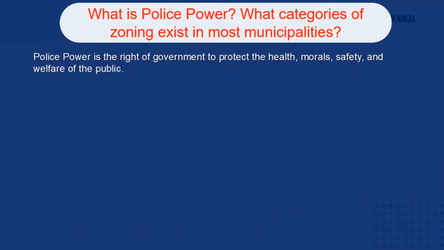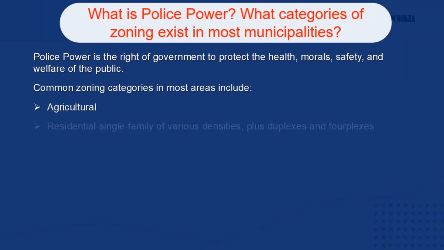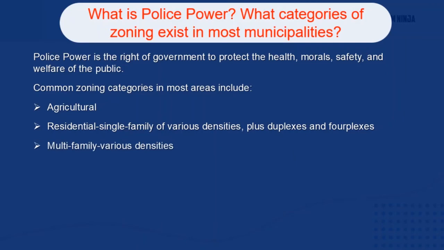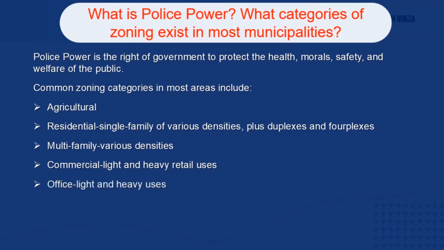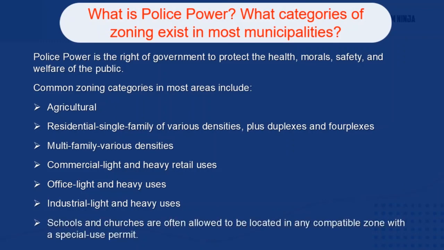Police power is the right of government to protect the health, morals, safety, and welfare of the public. Common zoning categories in most areas include agricultural, residential single-family of various densities, plus duplexes and fourplexes, multifamily various densities, commercial, light and heavy retail uses, office, light and heavy uses, industrial, light and heavy uses. Schools and churches are often allowed to be located in any compatible